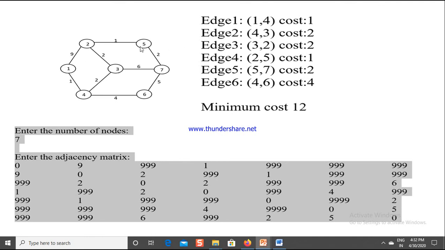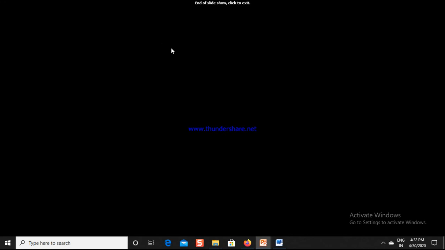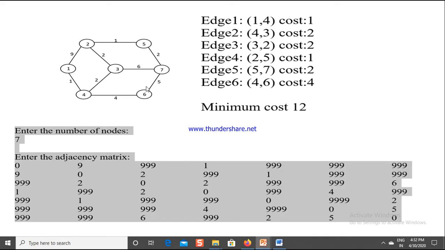Now among 1, 2, 3, 4, 5 and 7, which is the closest vertex to the unvisited vertex? We are checking it for an unvisited vertex. So which is the closest unvisited vertex? I think 4, 6. Okay. So finally 4, 6. So add all of them. The minimum cost will be 12. So that is the difference between Prim's and Kruskal's. In Prim's each iteration vertices are added, and in Kruskal's each iteration edges will be added. Okay, so that is the Prim's algorithm.